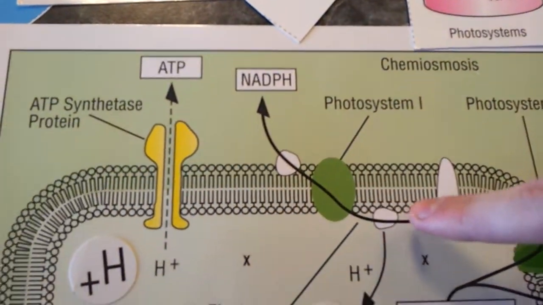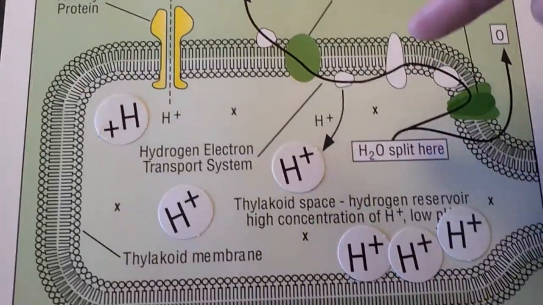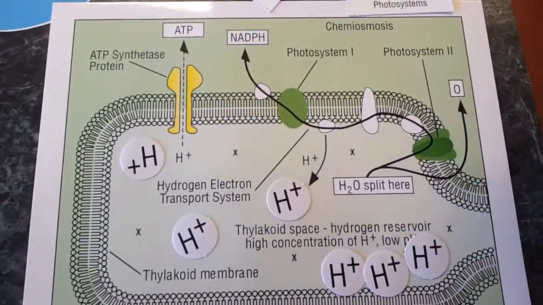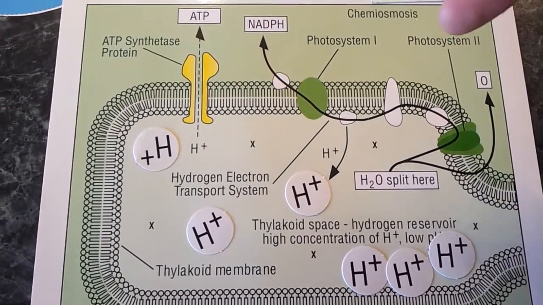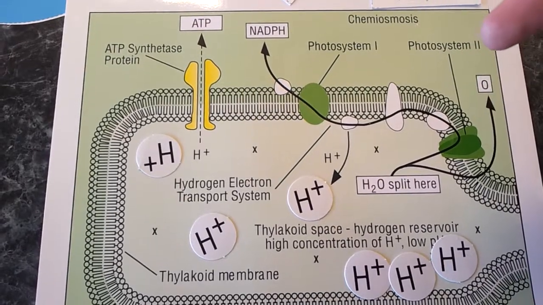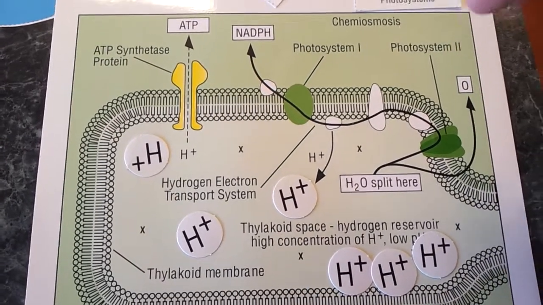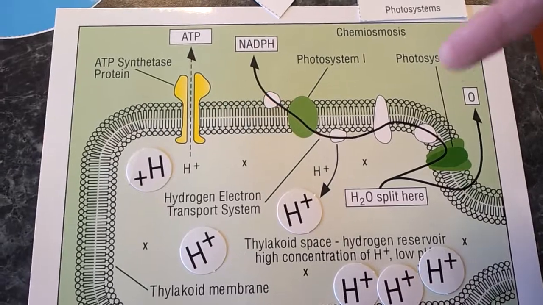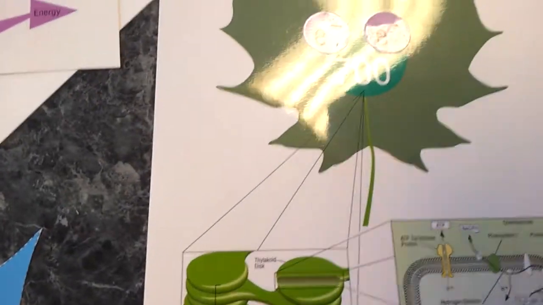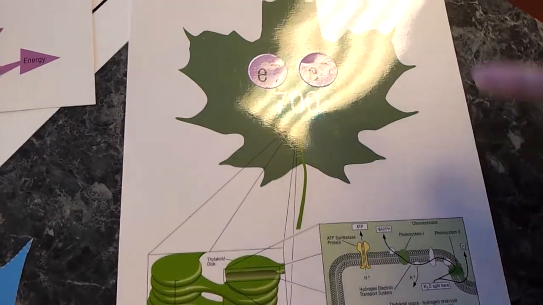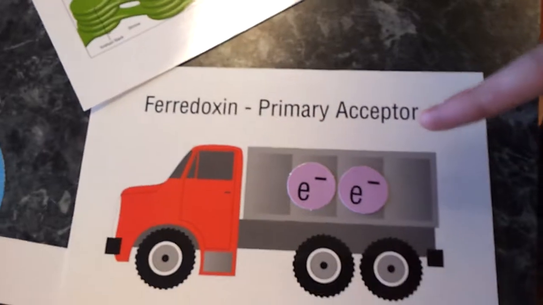Photosystem 1 begins in the thylakoid membrane when antenna pigment molecules absorb photons of light and pass the energy to the chlorophyll 700 molecule in the reaction center of photosystem 1. This light energy causes electrons from the chlorophyll 700 molecule to become energized. The energized electrons leave the chlorophyll 700 and jump over to the electron transport system where they are picked up